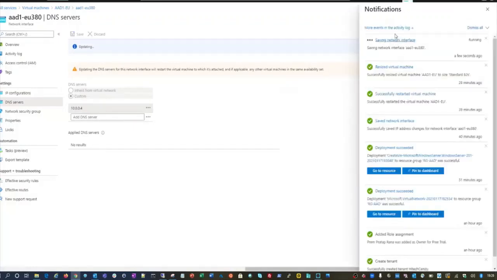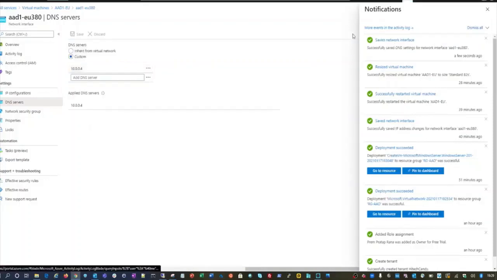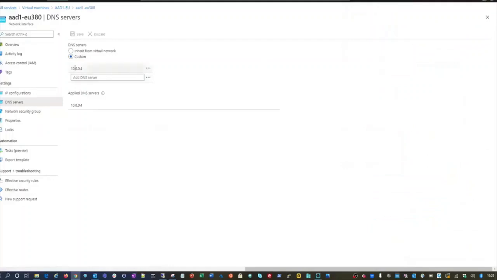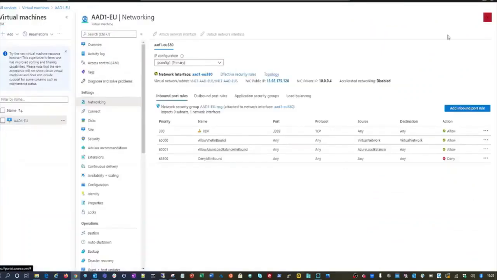Let's wait for a while, it may take some time. Let me pause the video. Network settings are successfully saved. And here you can see the custom settings, but it will not affect any NIC changes you do. You just need to stop the VM and start it.